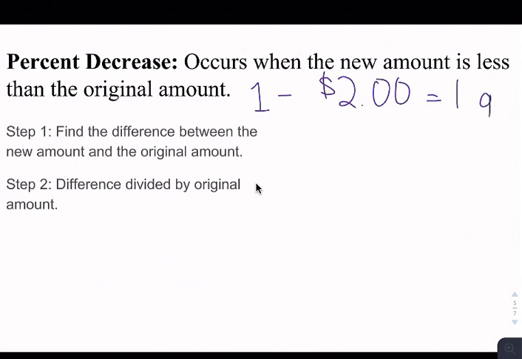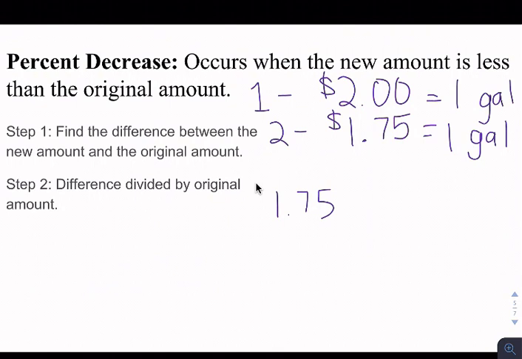for 1 gallon. On day 2, it's on sale, yay! And now it costs $1.75 for 1 gallon. So now, again, we still find the difference between the new and the original. So we take the new, $1.75, and we subtract by the original. And that gives us